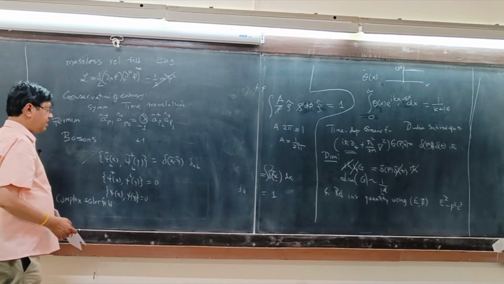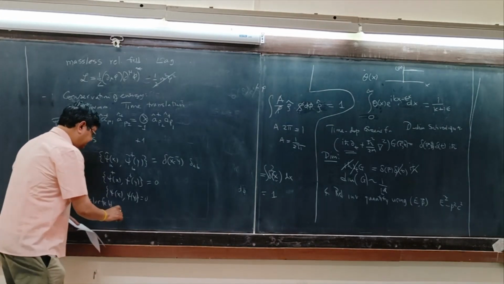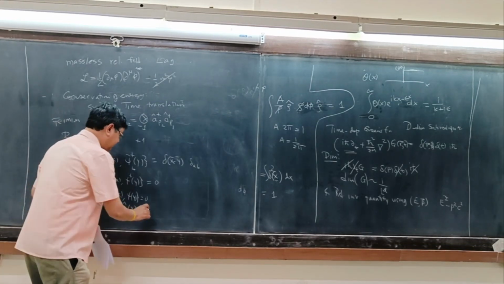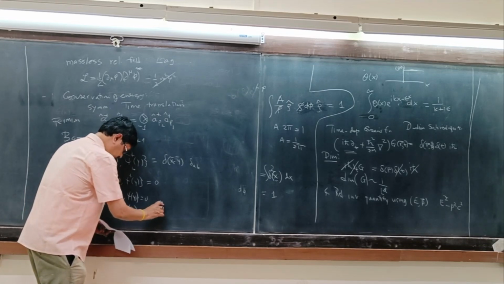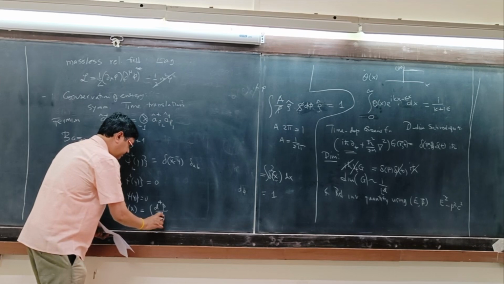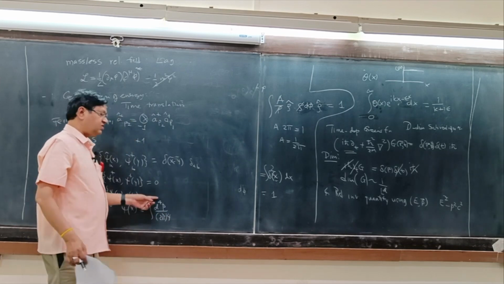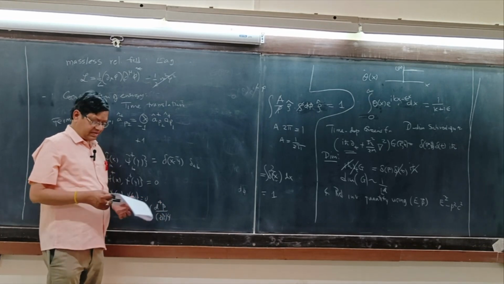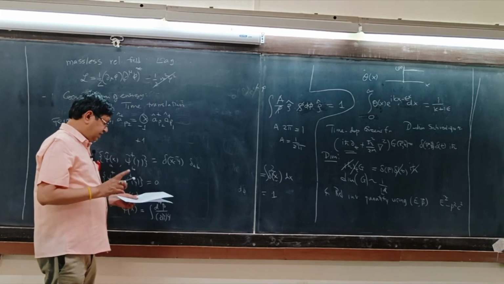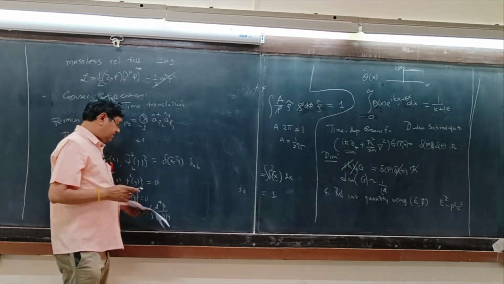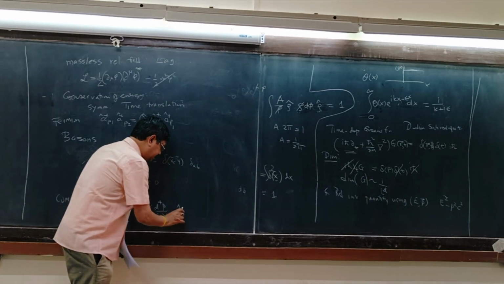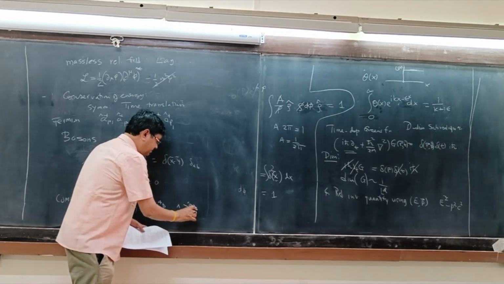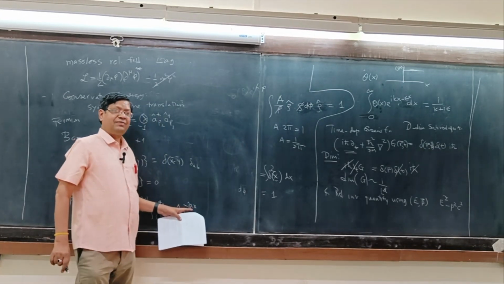So psi of x is equal to an integral. Some people wrote only the cubic, that's also okay. For relativistic, for non-relativistic this is cube. But you need to write the time part, huh? So the time part is important. So a_p, e to the power minus i p dot x.